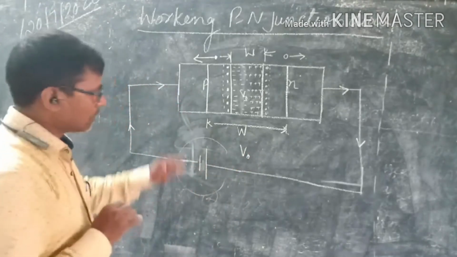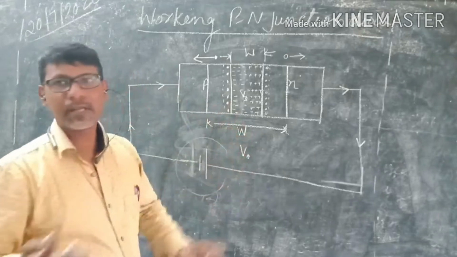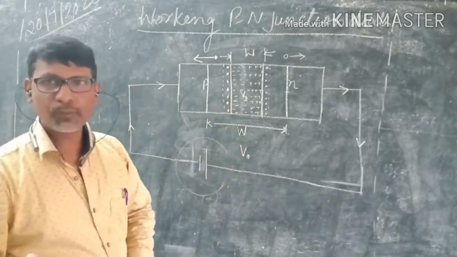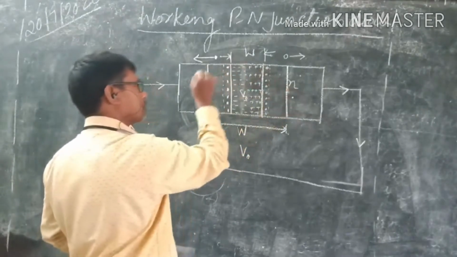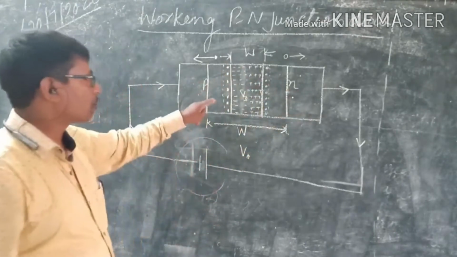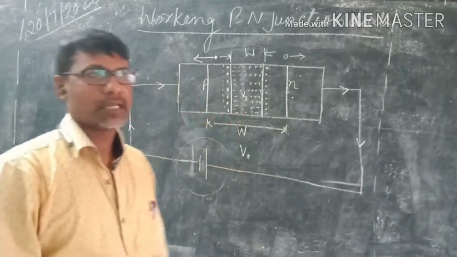Okay. So if the potential barrier V naught is increased, the width is increased, what will happen? There is less probability of the electron crossing from N region to P region, and there is less probability of the hole crossing from P region to N region. But